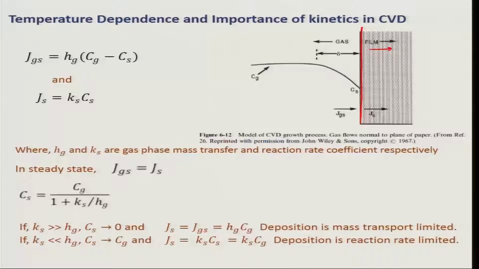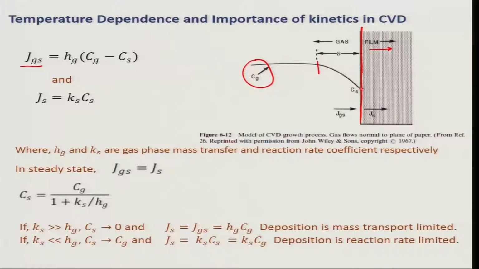My gases are flowing in the bulk perpendicular to the paper or the plane of the screen. This is my boundary layer at the surface of the substrate where the film is growing. Because the gases are flowing, they will form a boundary layer at the interface of the substrate. Now, the gas phase transport from bulk to the substrate